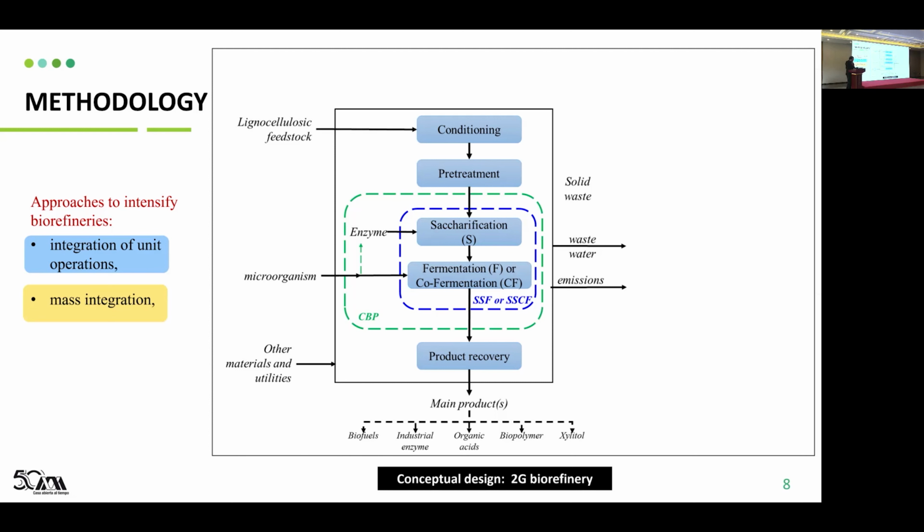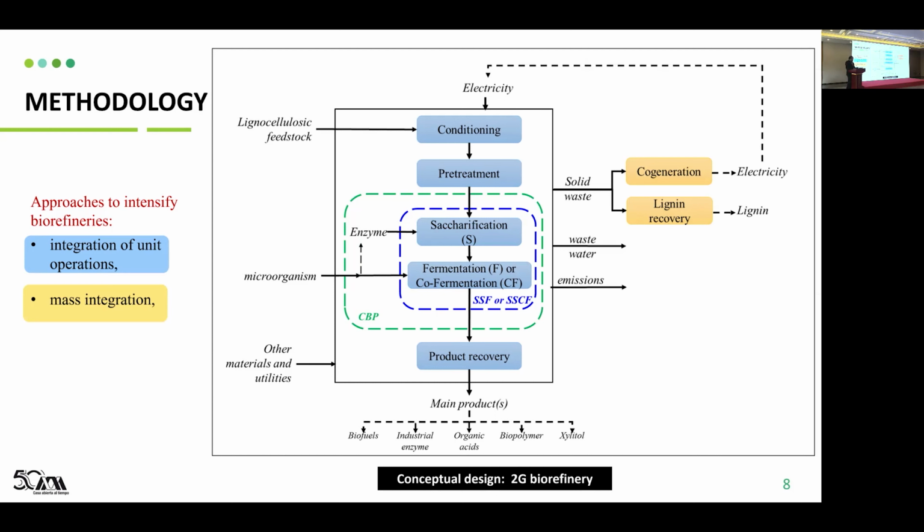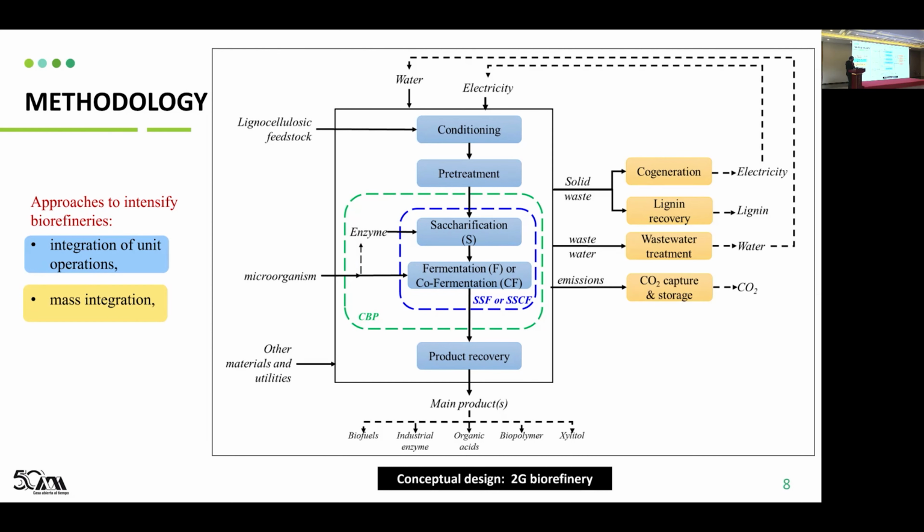Well, second is mass integration. That offers promising opportunities in terms of recovery and recycling of some raw materials. Some potential modules that could be incorporated into an intensified biorefinery are the cogeneration module, where solid waste is burned for production of electricity and steam; lignin recovery, so that lignin can be used in other specialized applications; wastewater treatment to remove pollutants and recycle process water; and capture and purification of CO2 to reduce greenhouse gases